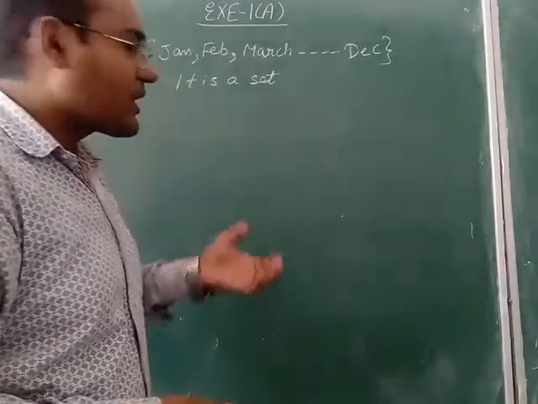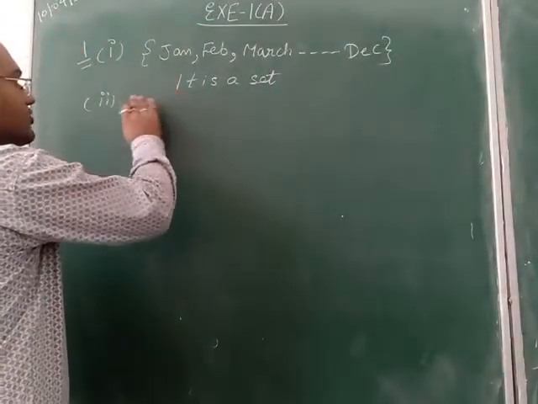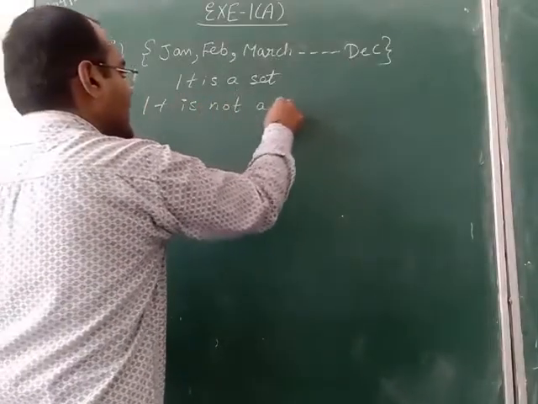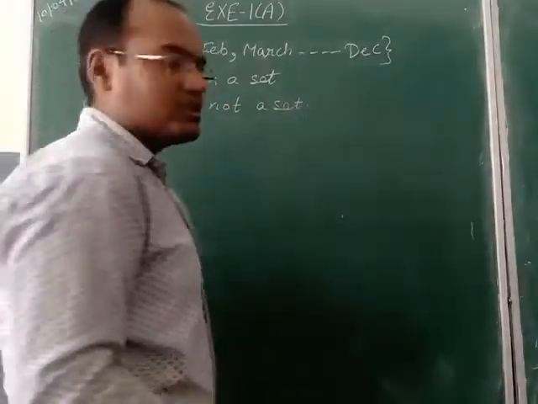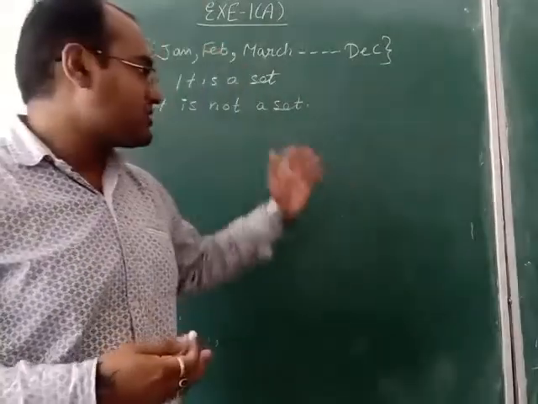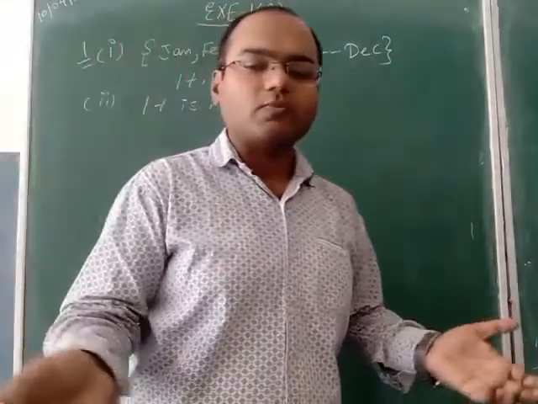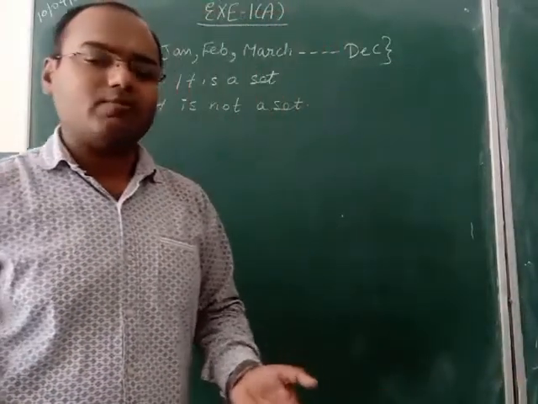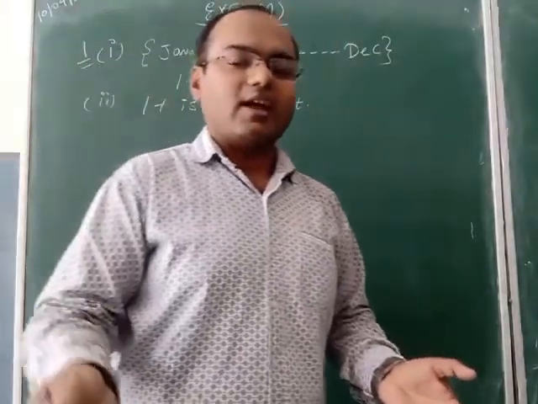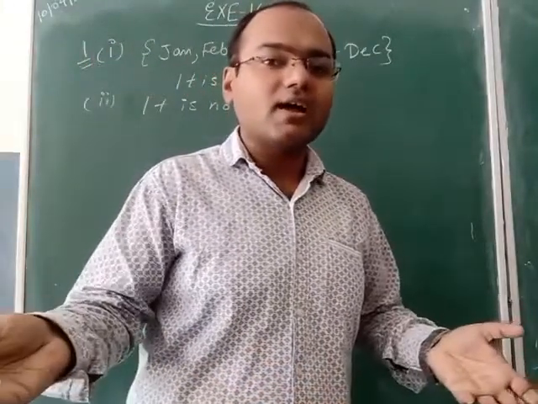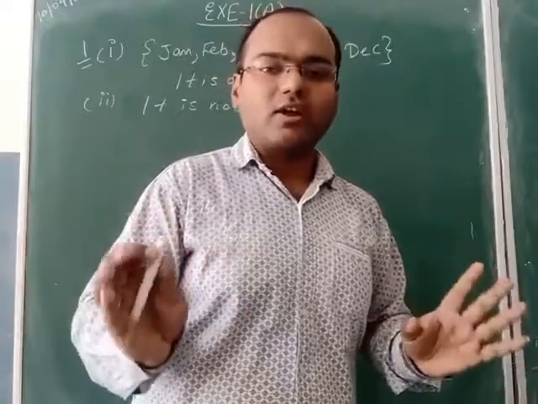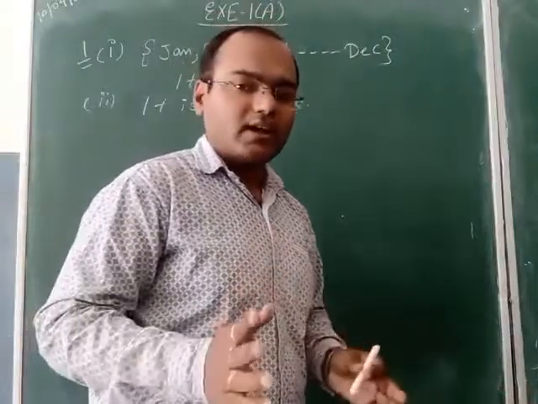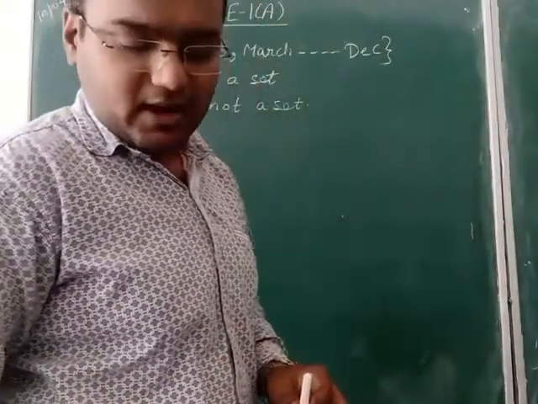So what will we say? It is not a set. We will not write it in curly brackets; we will write that it is not a set. Why is it not a set? Because this is not a well defined answer. We will not be able to say who is the super actor. Today Akshay Kumar has a high public rating, but tomorrow who will be the next super actor? Akshay Kumar is not a fixed one. So this answer is not well defined, and that means it is not a set.